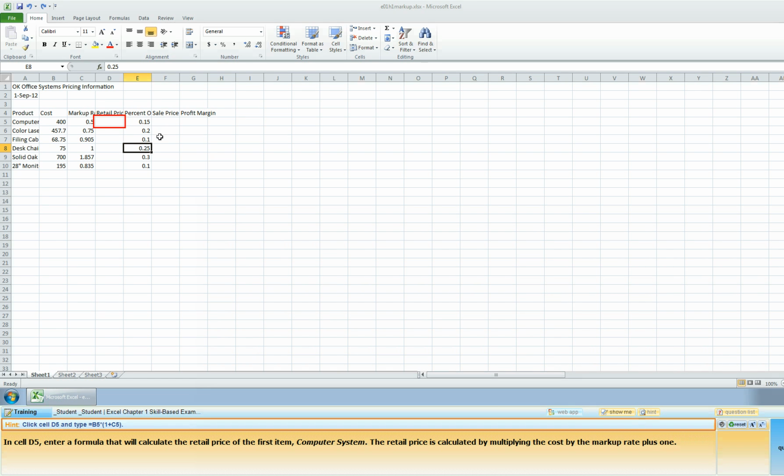Click cell D5 and type $B5 asterisk open parenthesis 1 plus sign C5 close parenthesis. Okay, and the hint is not working. All right, so we are going to skip this. That's not going to let us do that. We're going to do a reset. Click cell D5 and type $B5 asterisk open parenthesis